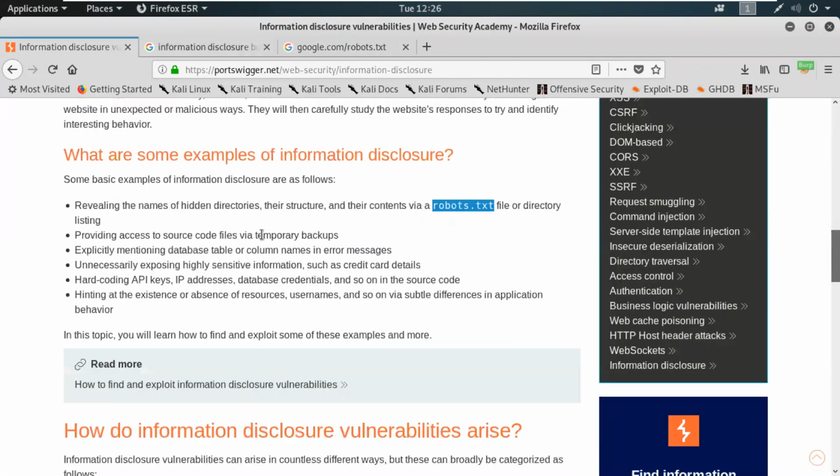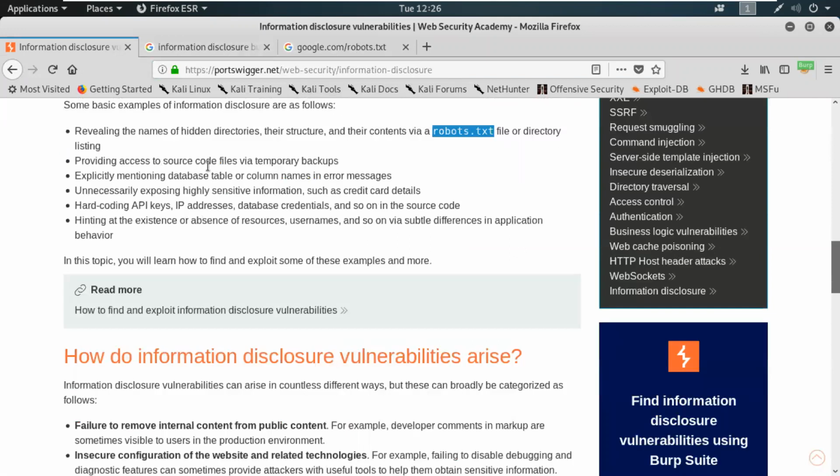You can see providing access to the source code files via temporary backups. This is also important. Accessibility, mentioning database tables and column names in error messages. This is the type of information disclosure. Unnecessarily exposing highly sensitive information such as credit card details. You can see hard-coded API keys, IP addresses, and database credentials in the source code, which can also be used for information disclosure.